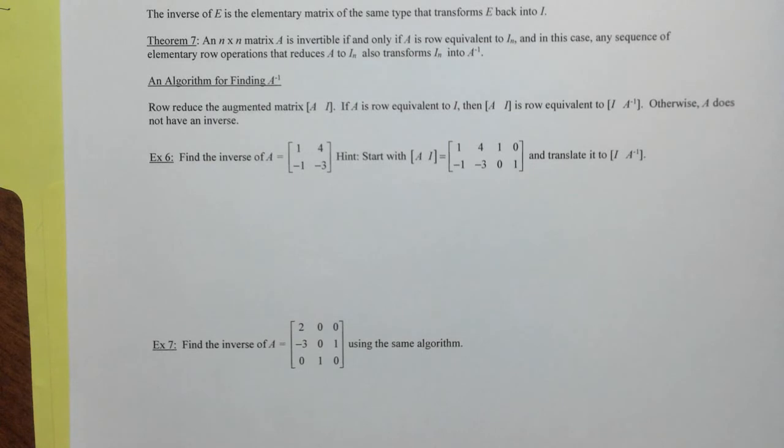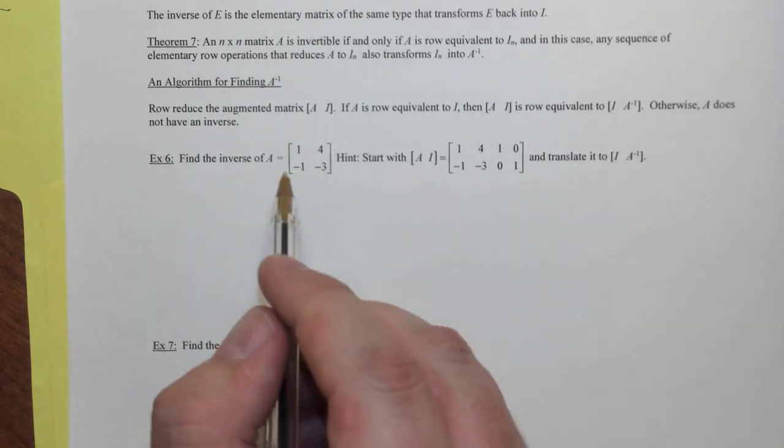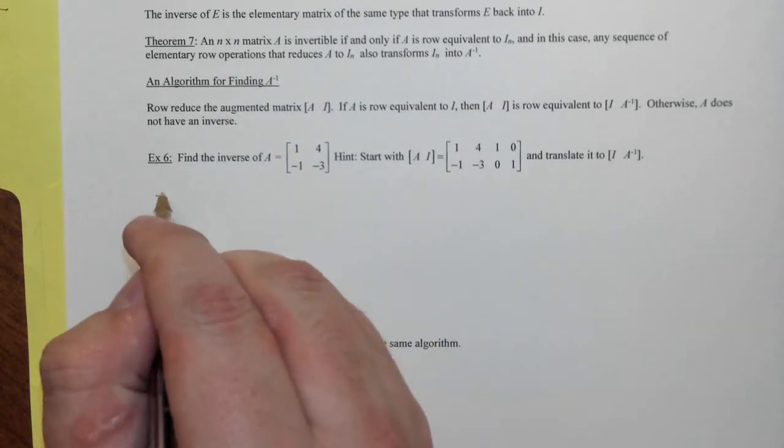This is how you would find the inverse of a 2 by 2 matrix using this method. You should not find the inverse of a 2 by 2 matrix using this method. The method I'm going to show you is intended to find the inverse of a larger matrix. For a 2 by 2 matrix, you should still use the shorter method of finding the determinant